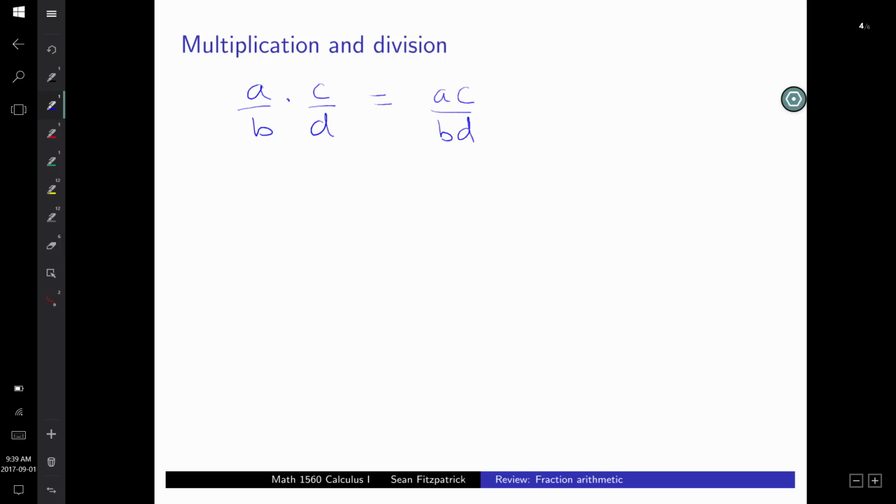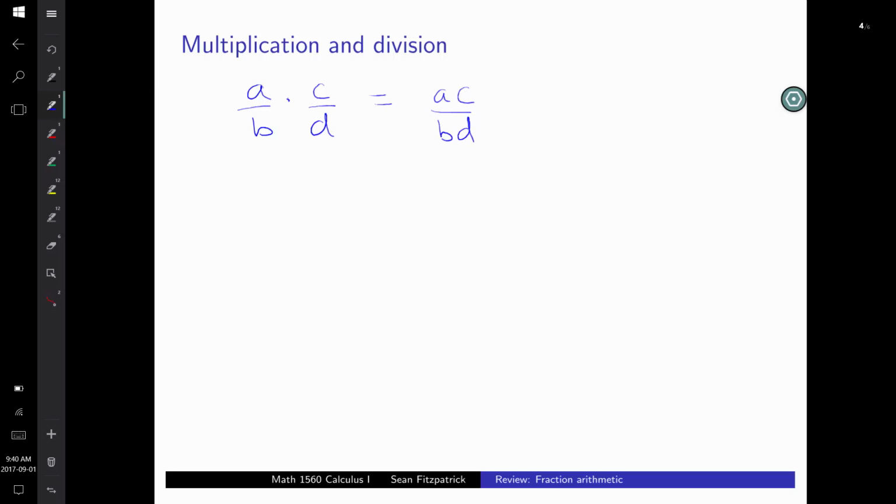I think one of the places where people tend to go wrong is they see this rule for multiplication and they say, hey, that's awesome. That's way easier than the rule for addition. Let's also make it the rule for addition. Well, yeah, if you do that, you're going to go horribly, horribly wrong. Okay, so when you're adding, you don't simply add the tops and the bottoms. We've seen that you got to go through this process of finding the common denominator. But